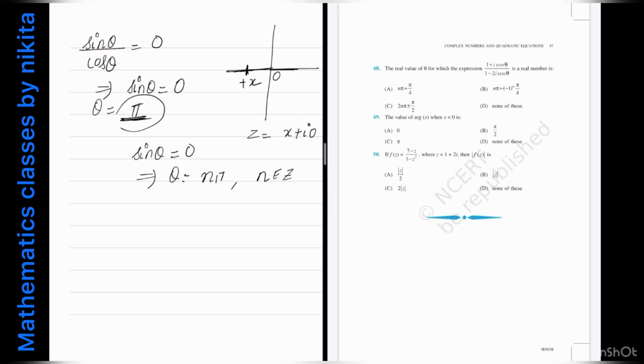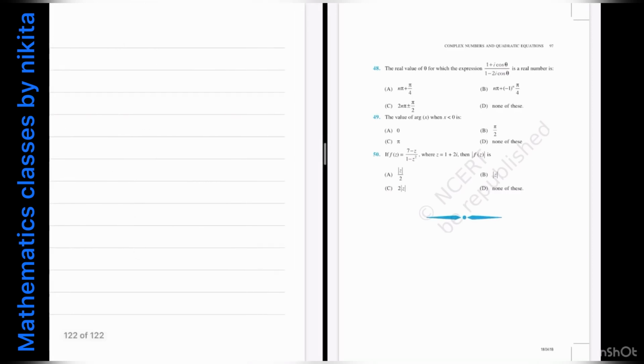So therefore the correct option is C. So C is my correct option. Okay, theta is pi. आपको देख के भी पता चल रहा है फिगर x इधर लाई कर रहा है तो आर्ग्यूमेंट कितना हो जाएगा, this angle theta is pi. Got it? Now next and the last question is, if f of z is equal to 7 minus z divided